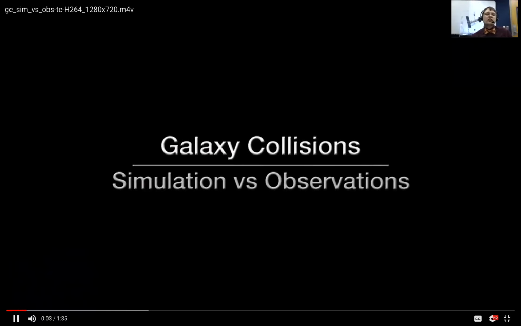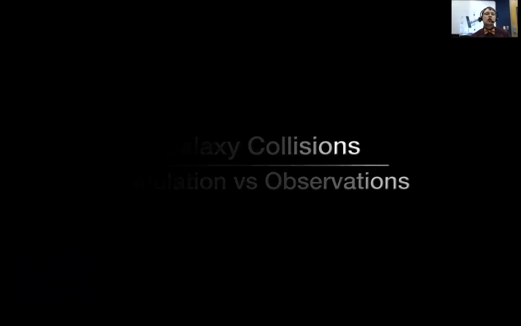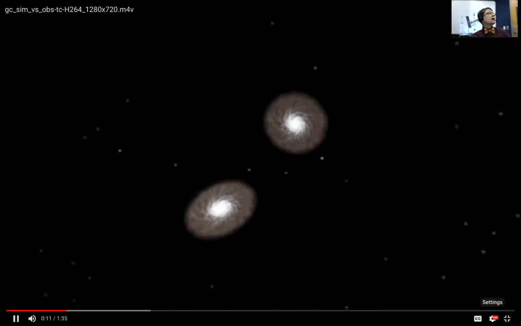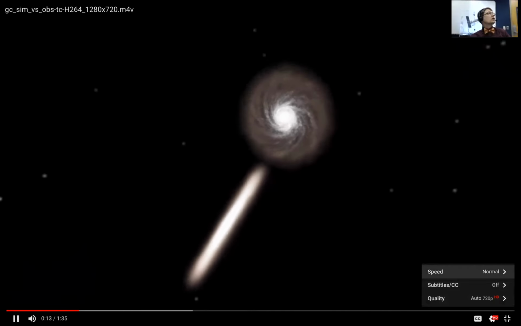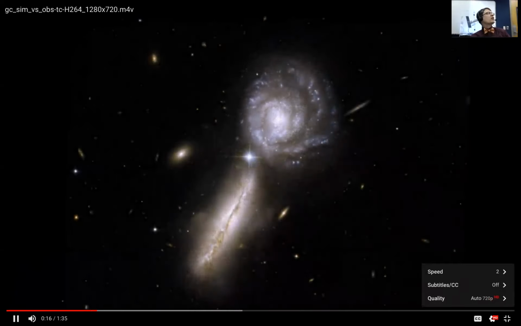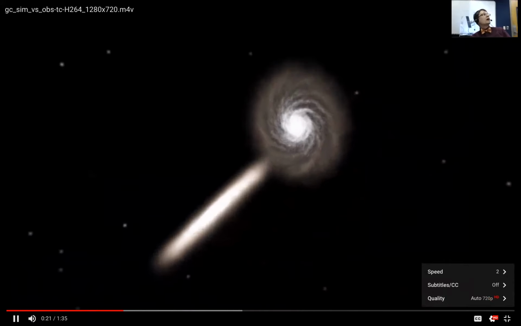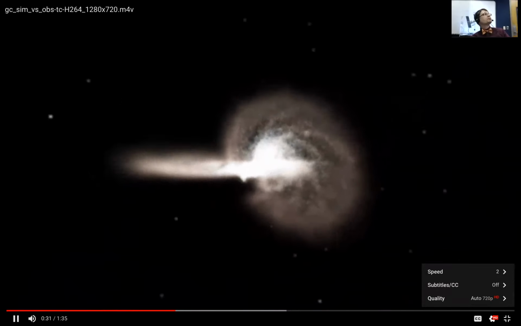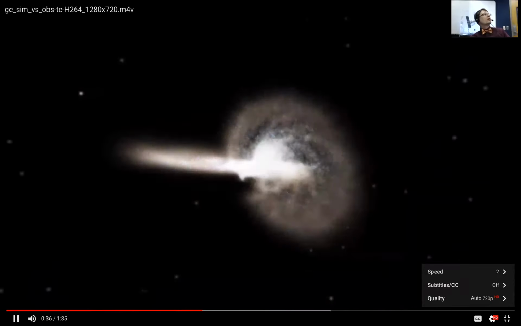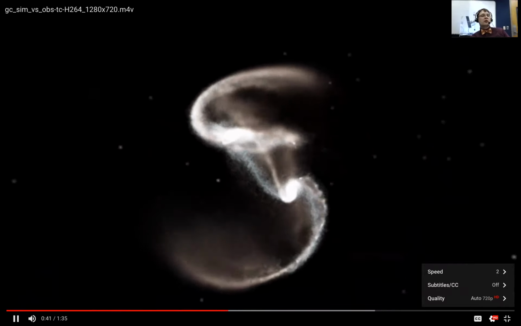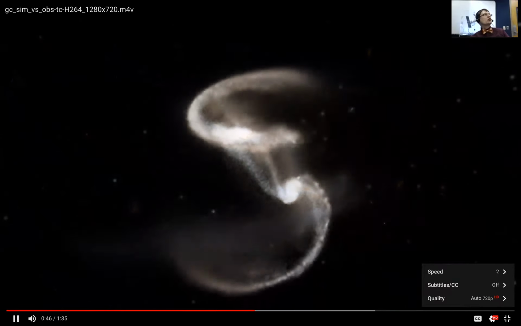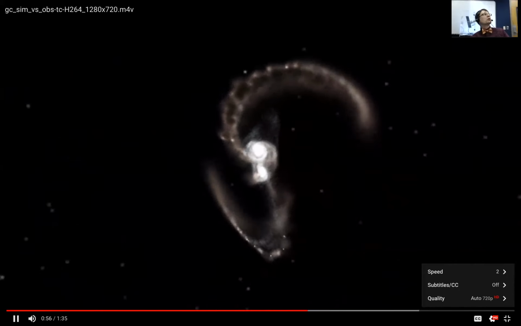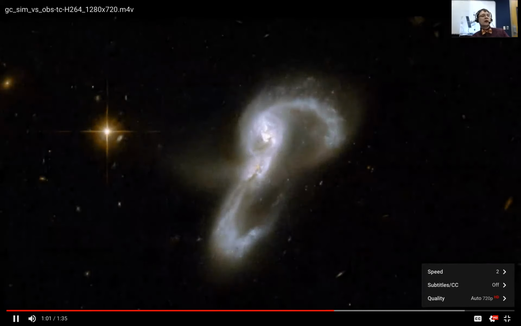So this is a visualization of how a collision could proceed and how that leads to the shapes that we see in the sky. And I'm also going to take advantage of the internet. Play this at about double speed. So you can see a juxtaposition between pictures of galaxies in the sky and how those might form as different galaxies collide with each other.